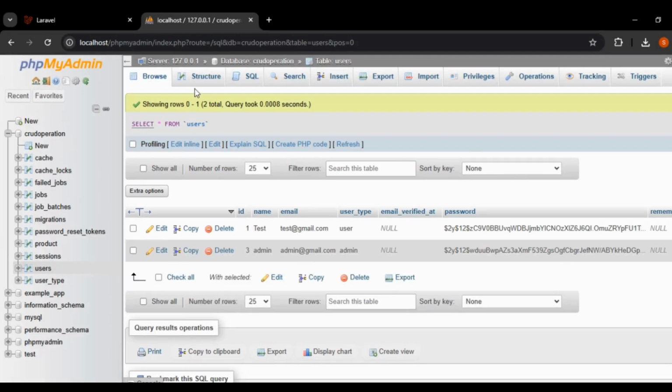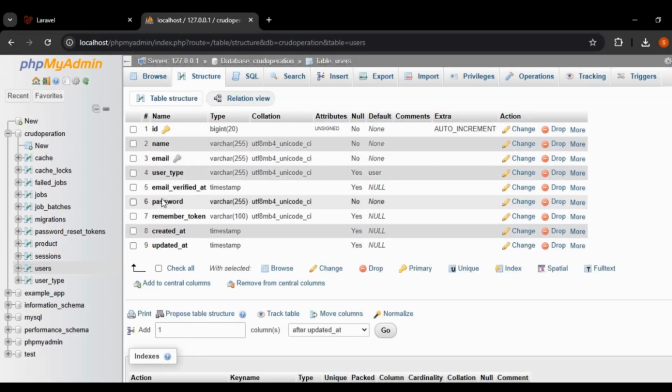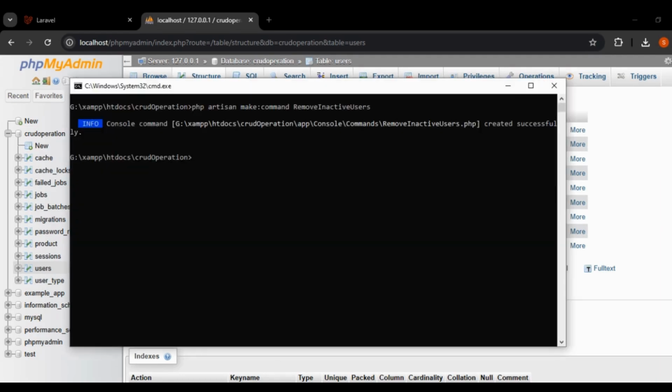Next, open phpMyAdmin and go to the users table. You will notice that there is no column to track the user's last activity. To add a new column named last_active_at, we will use a migration. Go to the command line prompt and run the command